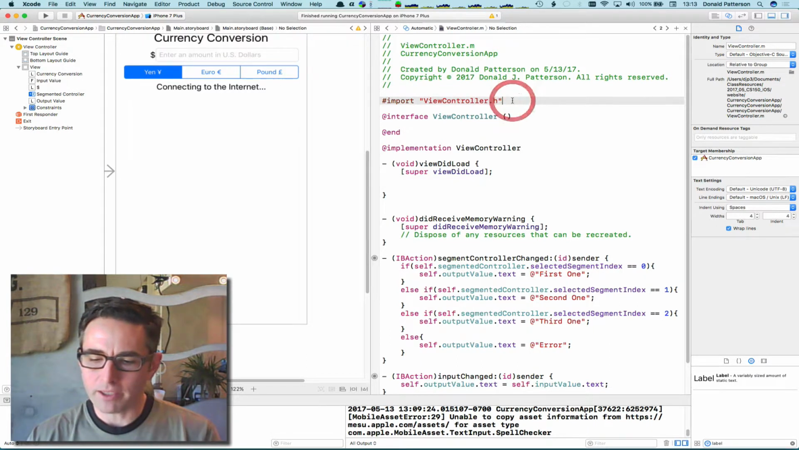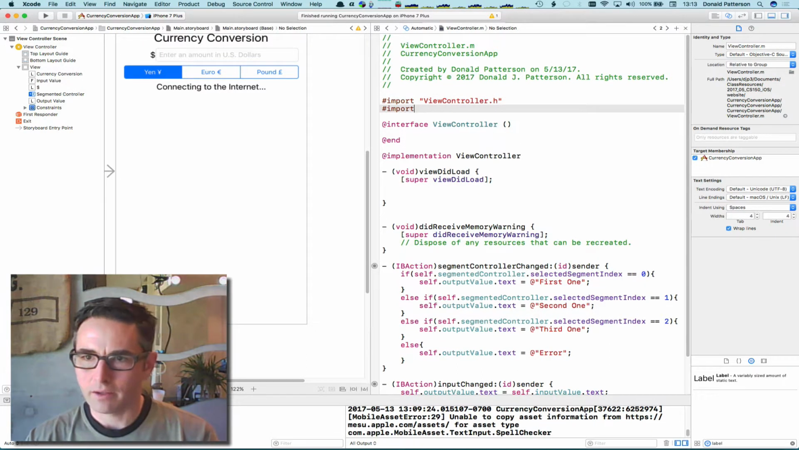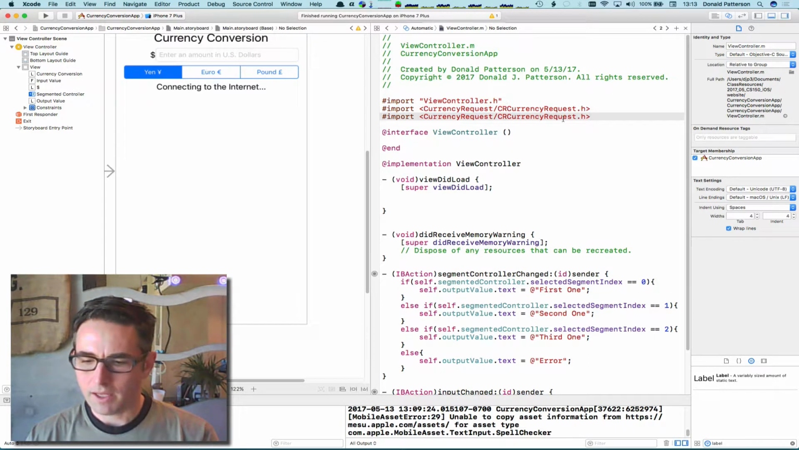And so up here in our import section, we're going to go ahead and import CRCurrencyRequest.h. And in addition to the request, we're going to want the results.h. Great. And then in our interface in our view controller, and not here, but actually, let's see, let's